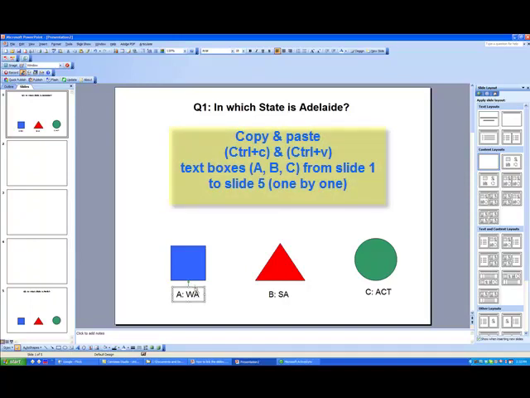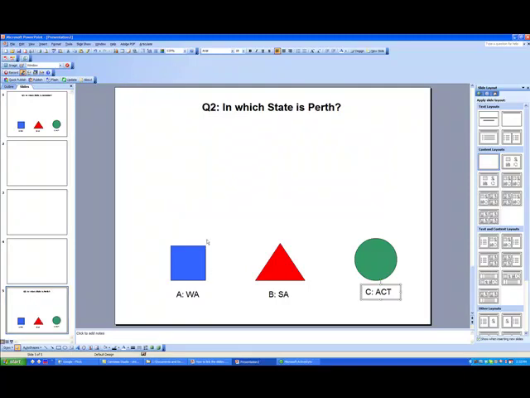highlight the box, do a Control C, go to slide 5, back to slide 1, copy B, Control C, Control V, paste, back to slide 1, highlight the box, Control C, and Control V. So what I've done now is I got the question here, and what I also wanted to do is, just